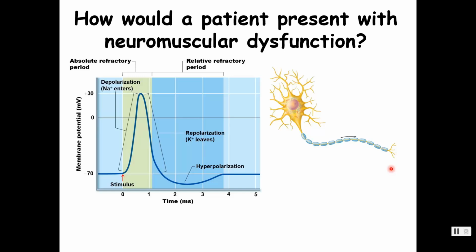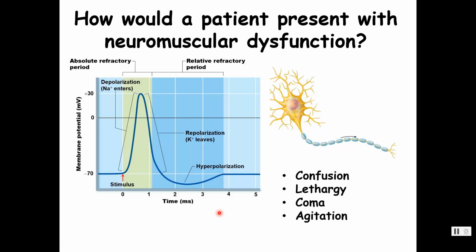So let's think about how a patient with this neurological dysfunction would present to you. Let's just talk about cognitive abilities. What do you think? Are they going to be spot on that day? They're just going to be able to solve math problems in their head? What do you think?